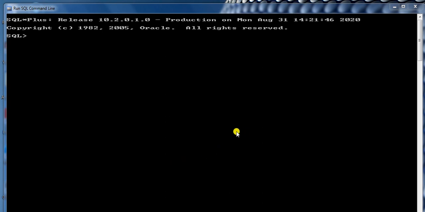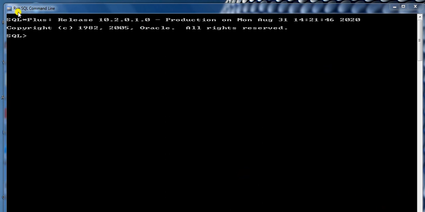These DML commands are used to perform the manipulation, that is selecting data, inserting data into the table, updating data from the table, and to delete the data from the table we are using DML command. So let us have the one by one demonstration of all the DML commands.